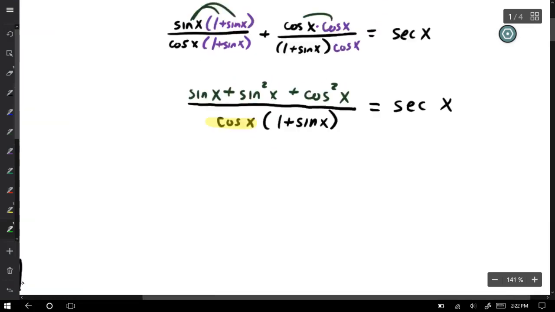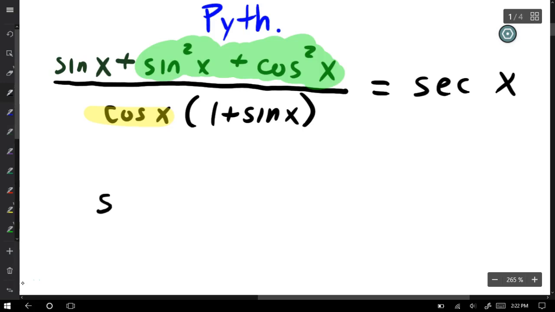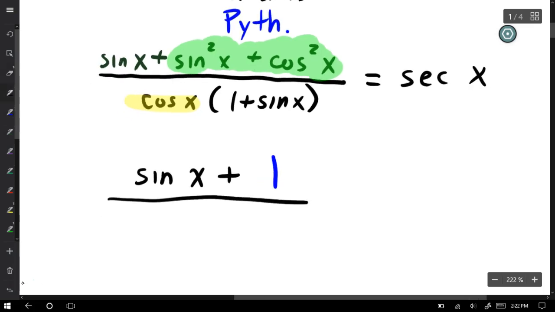So let's figure out what we do. Well, if I take a look at this, just like before, I see a trig ratio squared plus a trig ratio squared. And that's going to make me think, is that a Pythagorean identity? And it is. Sine squared of x plus cosine squared of x equals 1. Which again, if I just leave the bottom alone in factor form, I think is extremely useful because look at